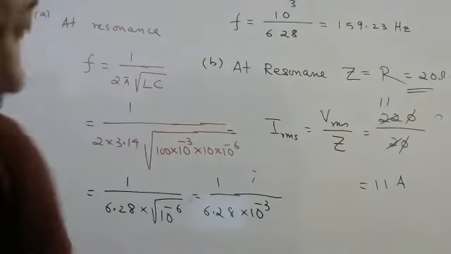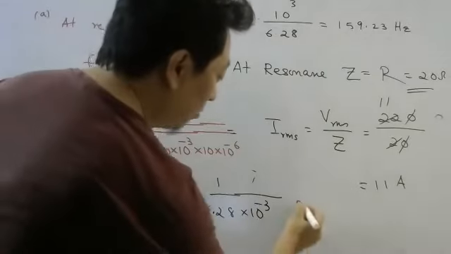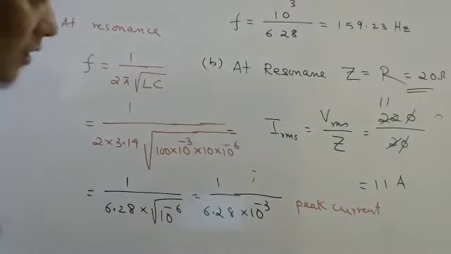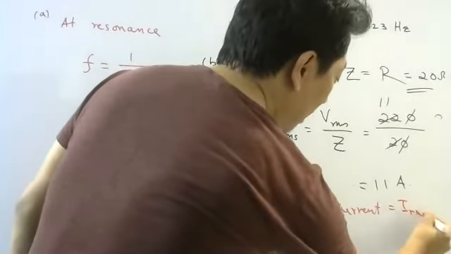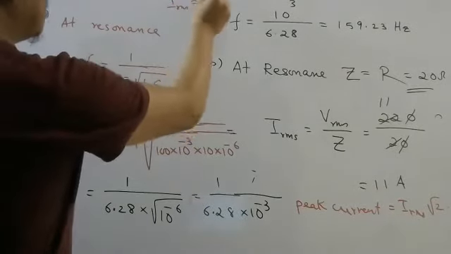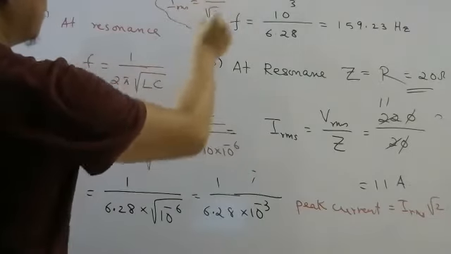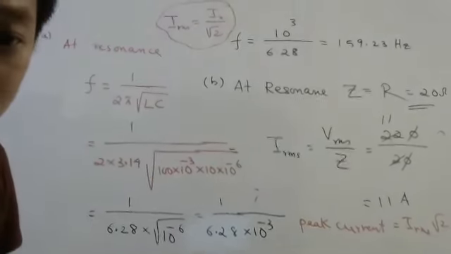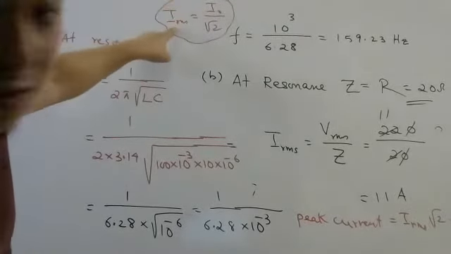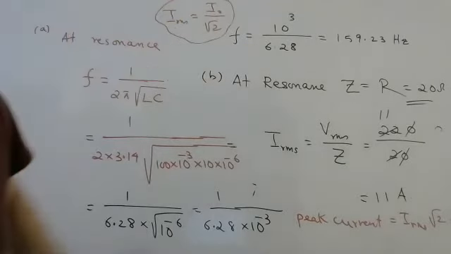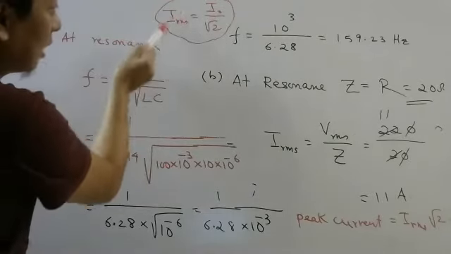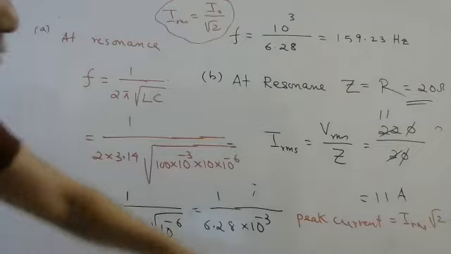Okay, what will you do if in the same question they ask you peak value of current, peak current? So if they ask peak current, you need to multiply IRMS with root 2. Why, sir? Because IRMS is peak value divided by root 2. So depending on whether they are asking peak value or RMS value, you have to look carefully and then use the formula. If they ask peak value, you have to multiply. If they want RMS value, you have to divide. So here they want peak value.